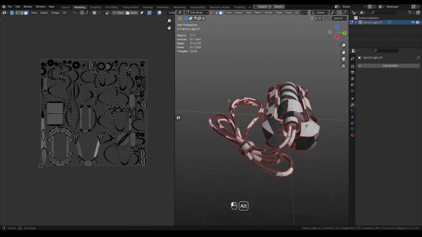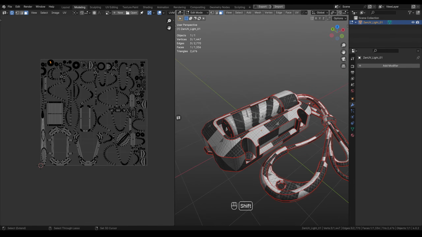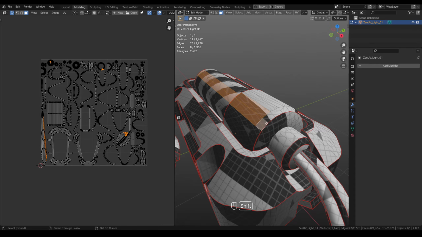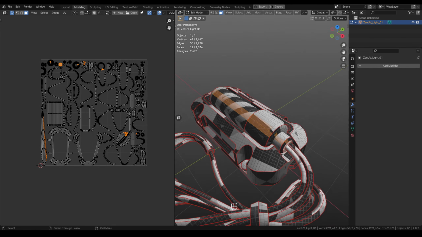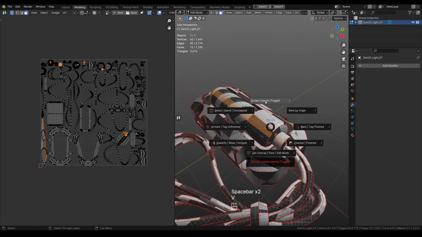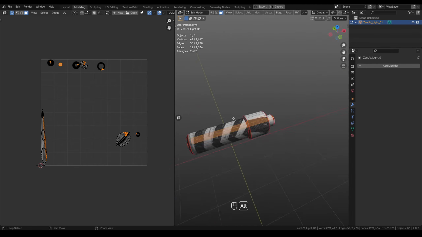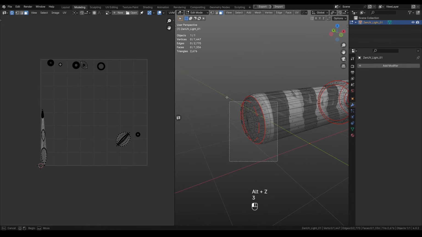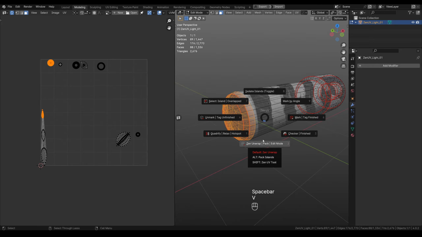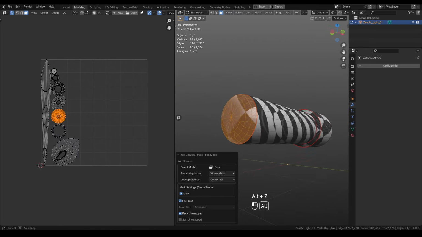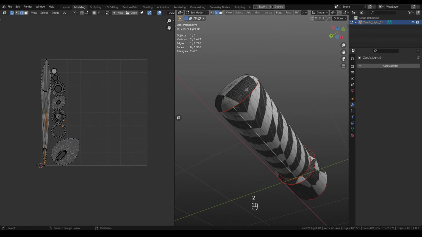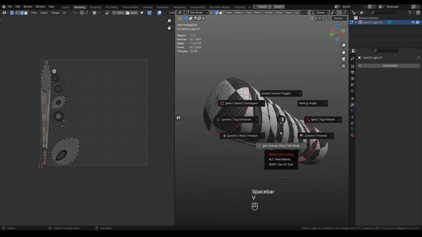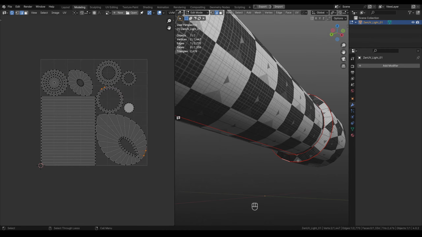Now we can directly start the unwrap process. Let's select islands' faces for editing and isolate them. Call Pie menu, Isolate Islands. First we will cut off this cap here, select the polygons and click Zen Unwrap. Select the edge where we want to make the cut and then unwrap again.